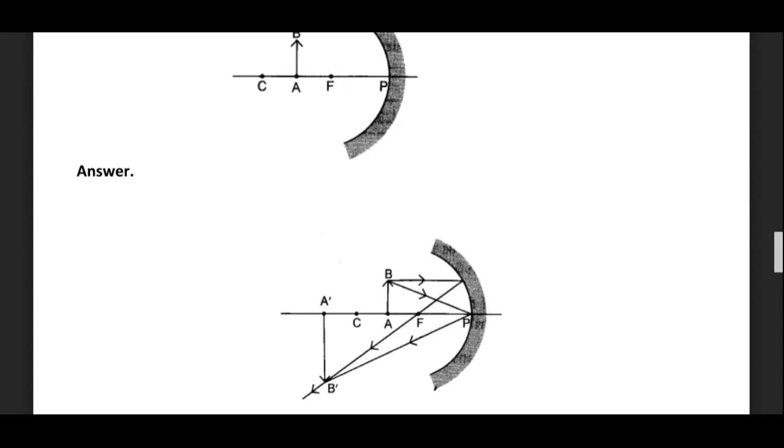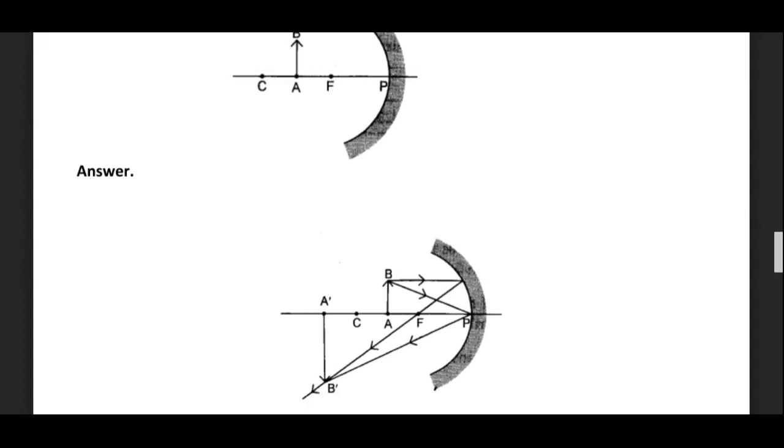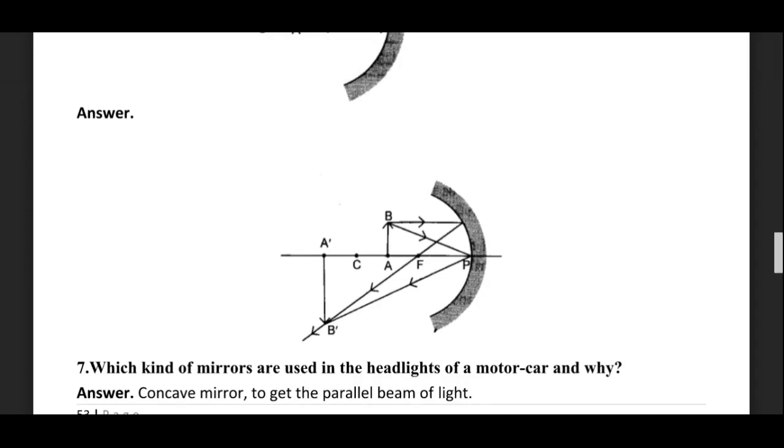One ray will go parallel to the principal axis, strikes the mirror and passes through the focus and go straight. The other ray will strike the pole. After getting reflected from the pole, it will again go straight, where both the rays will meet beyond the center of curvature. At that point, the image will be formed, that is represented by A dash and B dash, right? Okay, and you can observe in this case the height of image is more than the height of object, that is image is magnified and